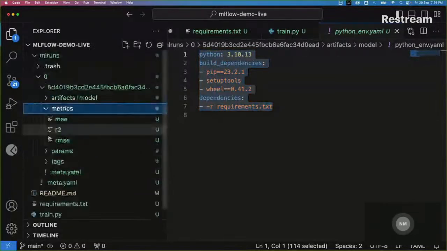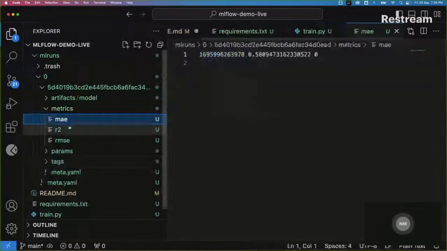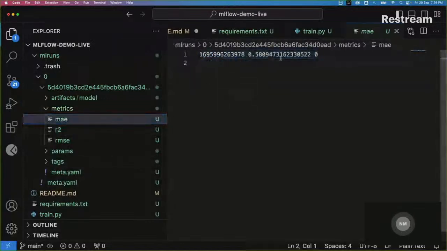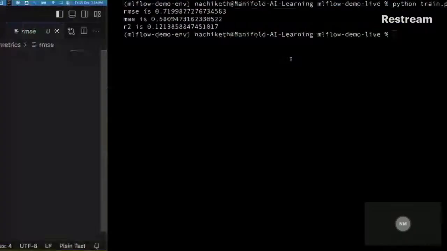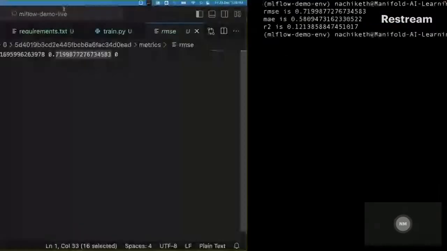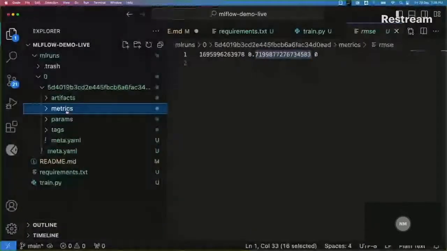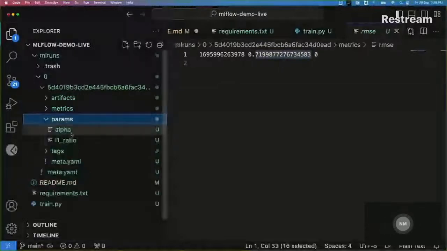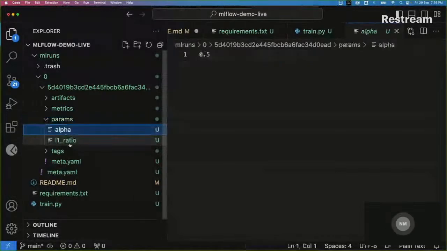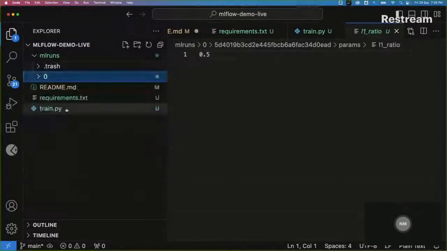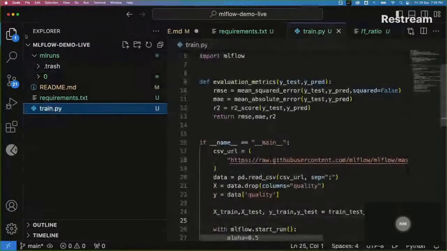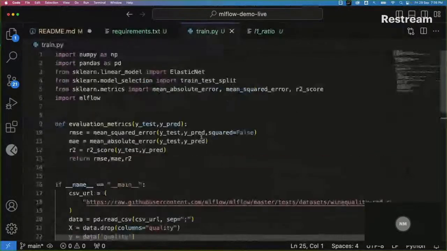Now, if I expand my metrics, I have a metric called MAE. So this is basically the metric that I've got, that is 0.580. I think this is a system time. And we have the R2 score, and we also have the RMSE. So the same values that you see right here are saved under the metrics. And I have also logged some parameters. So if I open this params, I see alpha and L1 ratio. So everything that I've used as part of my current experiment is already present over here with me inside this